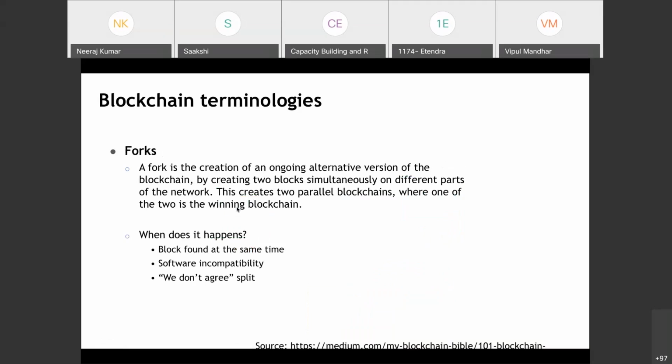The second terminology that has been used in this case is fork. A fork is the creation of an alternative version of the blockchain by creating two blocks simultaneously on different parts of the network. That may be possible because each of these nodes contains the same replica of the blockchain, and different parts. So if we have created two blocks simultaneously,